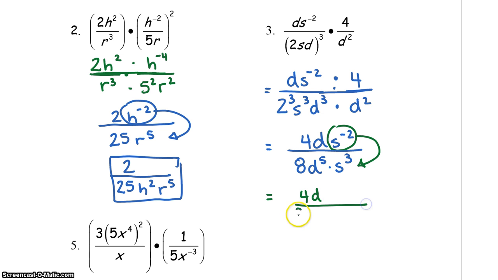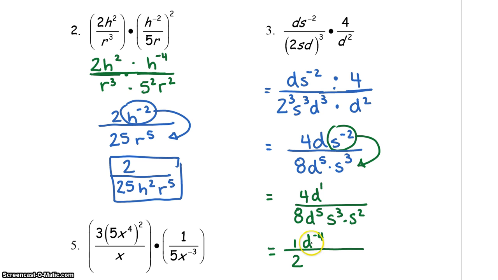4d over 8d to the fifth and s to the third times s to the second. Now, I see a lot of things that we can simplify, so I'm going to go ahead and do that. 4 divided by 8 simplifies to 1 over 2. Now, I can subtract d to the 1 minus d to the fifth, and I get d to the negative 4,